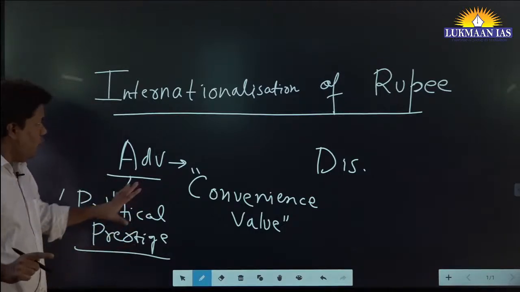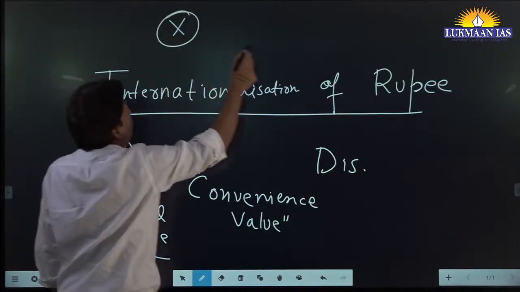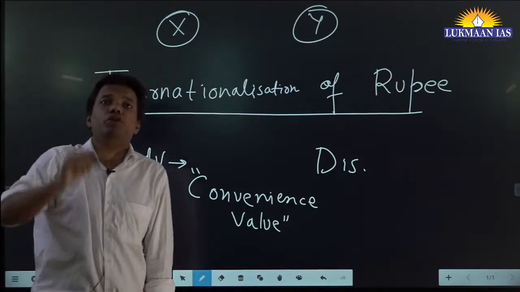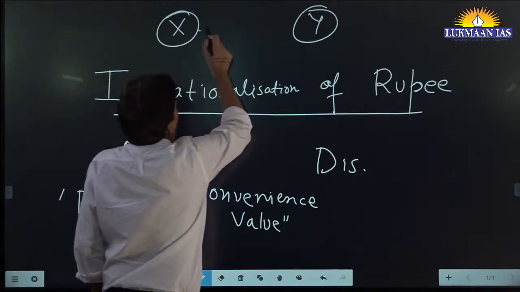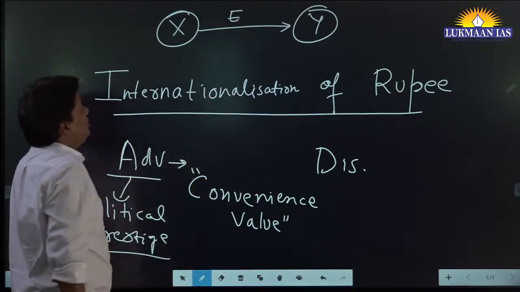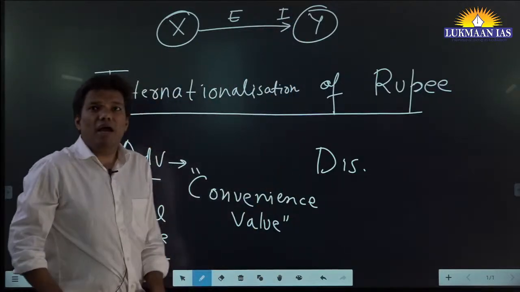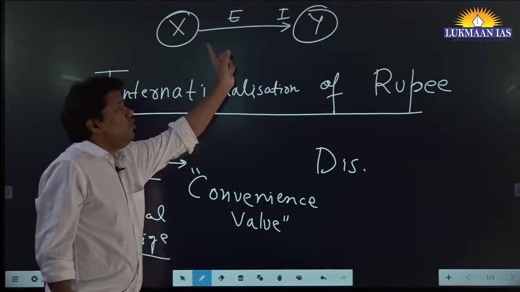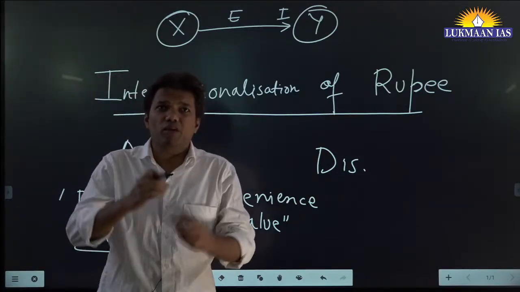Let us take an example. There are two countries, X and Y, and both of them do not have USD as a currency. Now suppose they are trading. When X sends some goods to Y, X is exporting and Y is importing. They have not conducted much trade in the past. So they will say, okay, the exchange of goods is fine, but in which currency are we going to conduct trade? This is a question which will naturally arise.